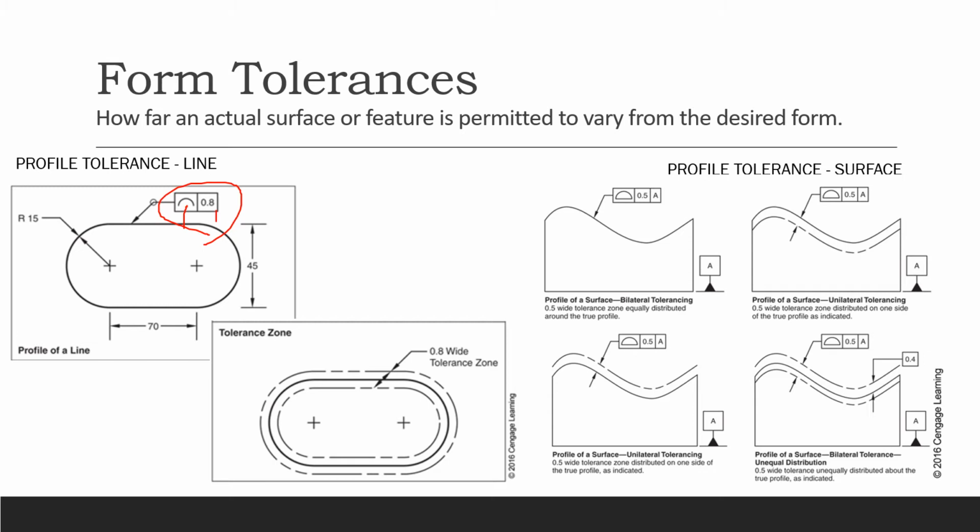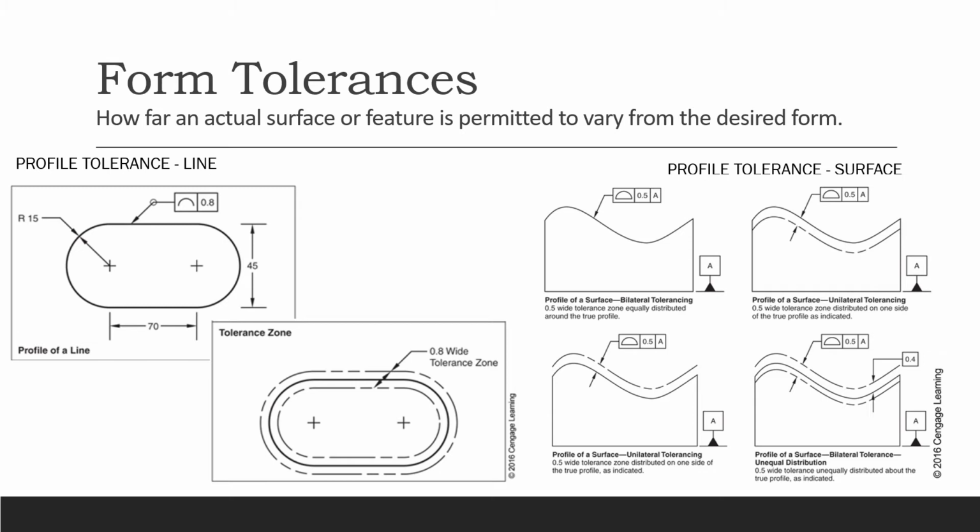Okay, tolerance zone right there. So I can draw like this for you. Your line has to be within there in order for it to be shown as a perfect line for this profile. You can go over this or under that, but it has to be within this zone. We call that a permitted zone right there. All right, now